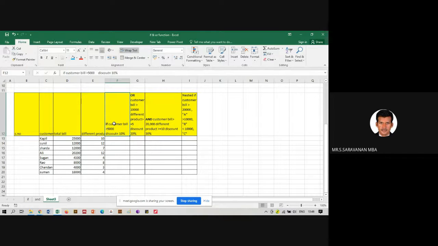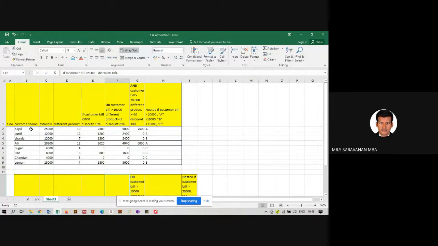So see, this is a customer name. This is the total bill they have. These are the products they have purchased. The rule is, if they have purchased more than 5,000 rupees, give them 10% discount. Second function is, if they have purchased more than 10,000 plus more than 5 products, give them 20% discount.